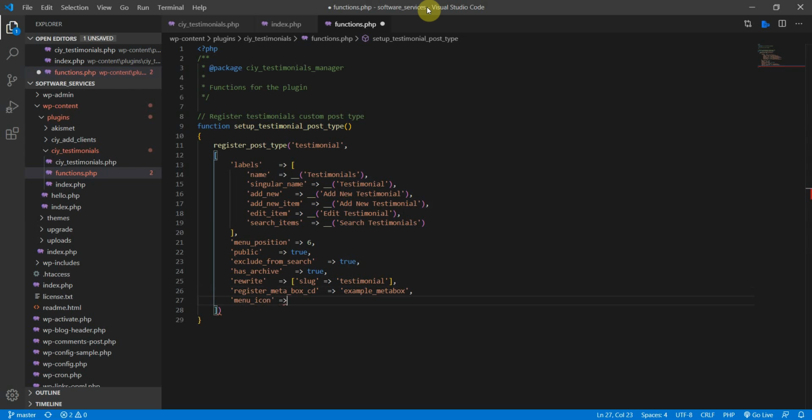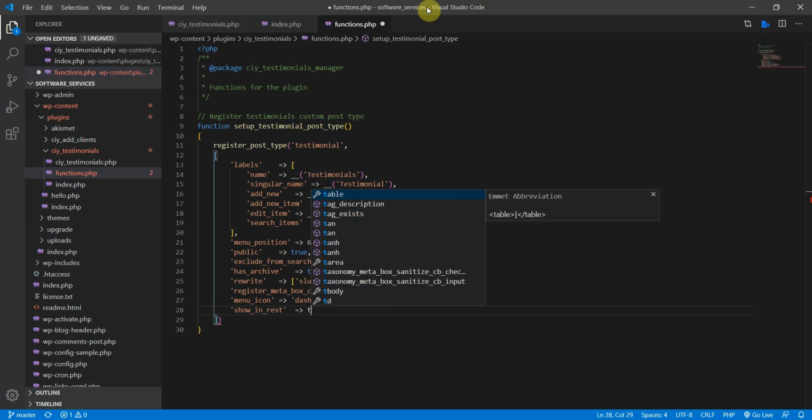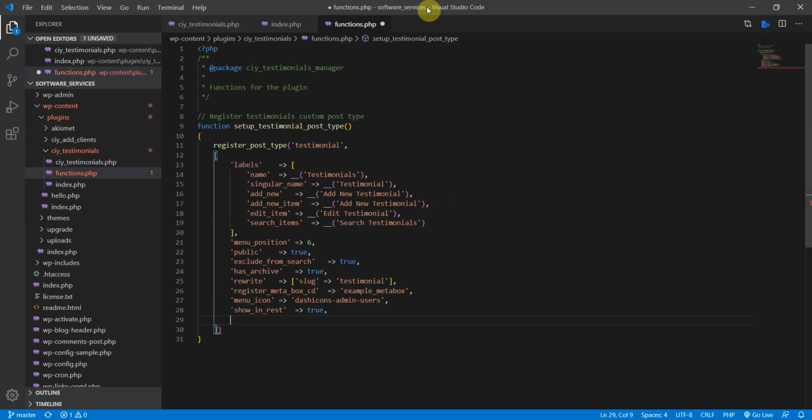Something like this, and then we're just going to do dash icons. You're going to do the same there, admin users. You can add your own images here if you want as well. Show in rest. So that's true. And then it supports,